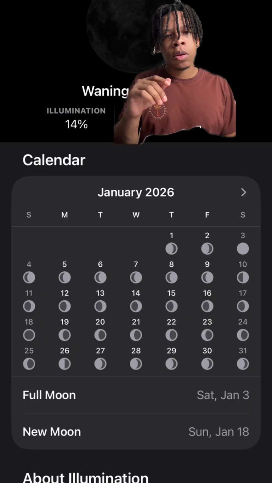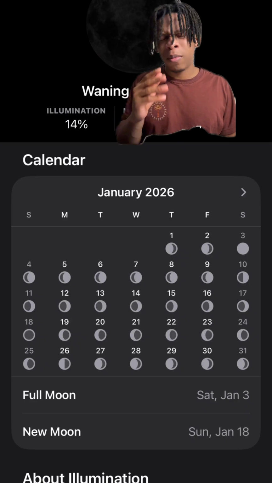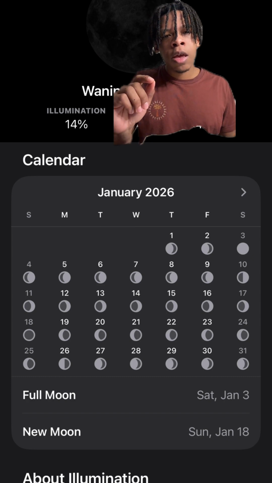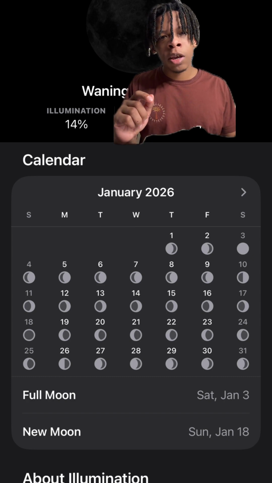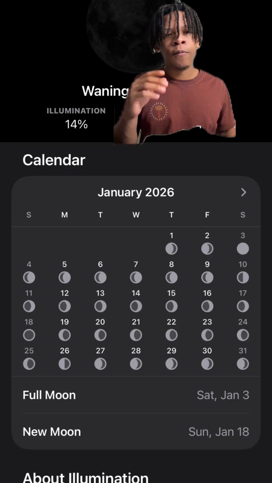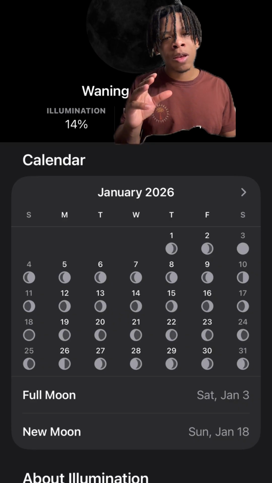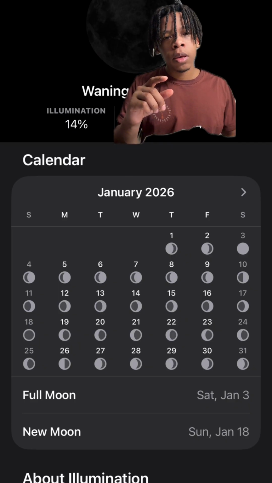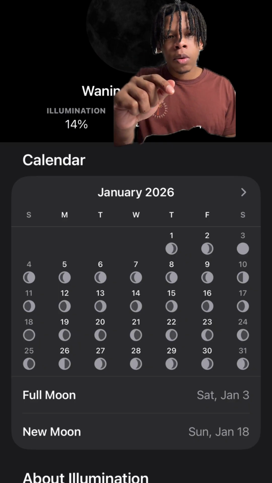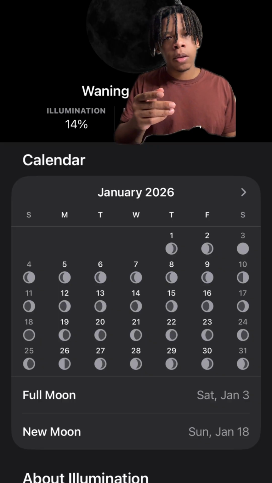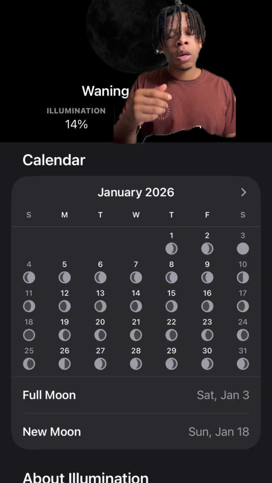Now, why am I starting off on the full moon? Because every full moon is the 14th day. I'm going to say it again. Every full moon, when it's at 100% illumination, that is the 14th day. Now, the 14th day basically is the second Shabbat, or the second Sabbath.